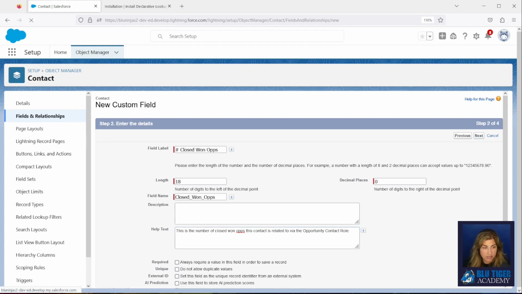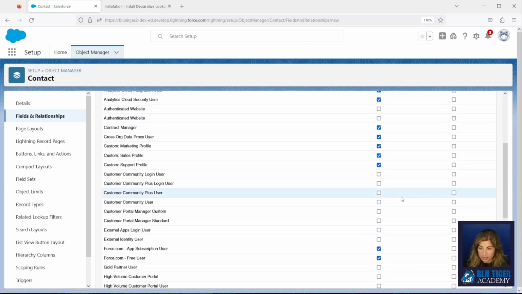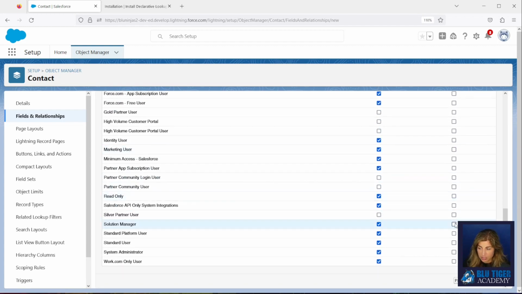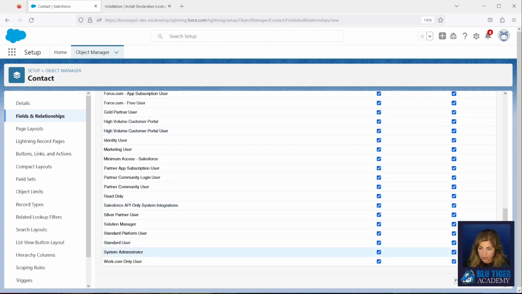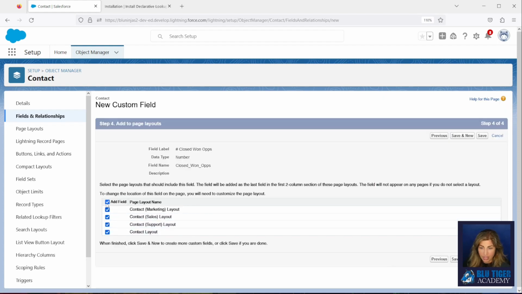Click next. And then you'll update the field level security for this field. You won't really want anybody to edit this. So I would make it read only for everybody except for the system administrator. And then you can add it to your contact page layouts.